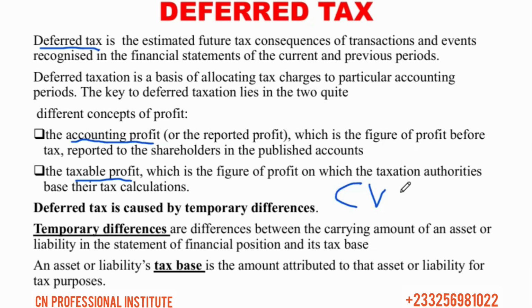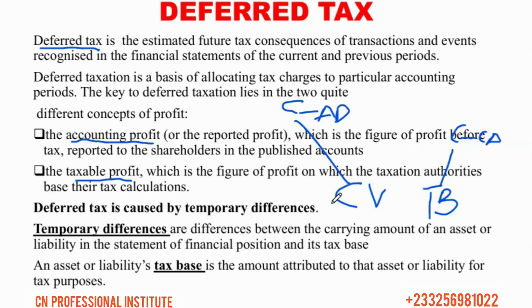The tax authorities don't use carrying value, they use what we call the tax base, the TB, right? The tax base is the cost minus capital allowance. Don't forget, tax base is cost minus capital allowance. So C minus CA, whilst the carrying value here is the cost minus accumulated depreciation and accumulated impairment losses,